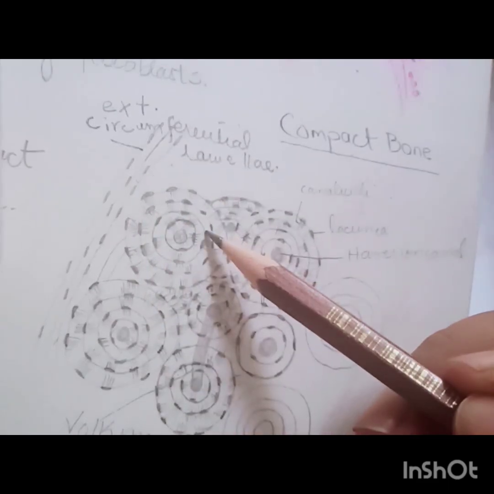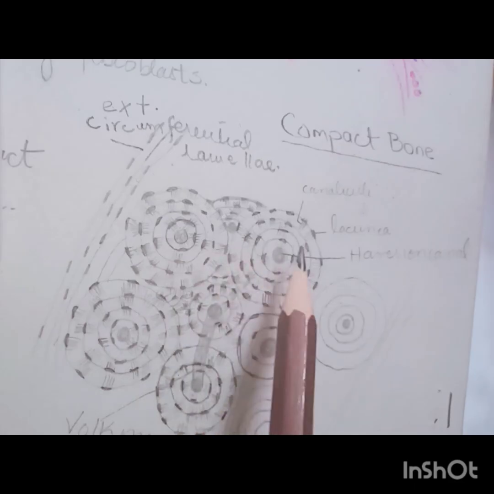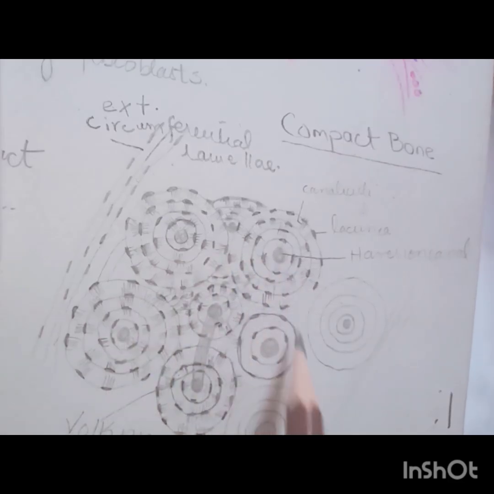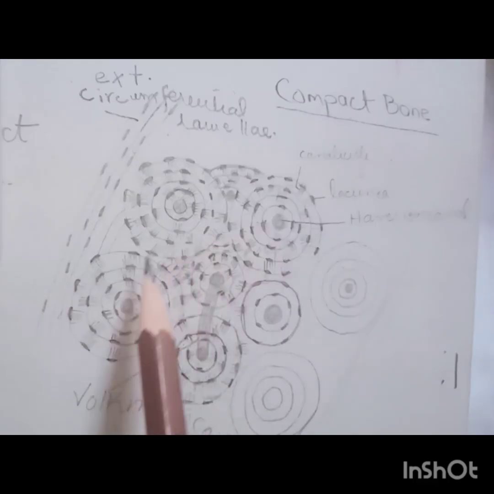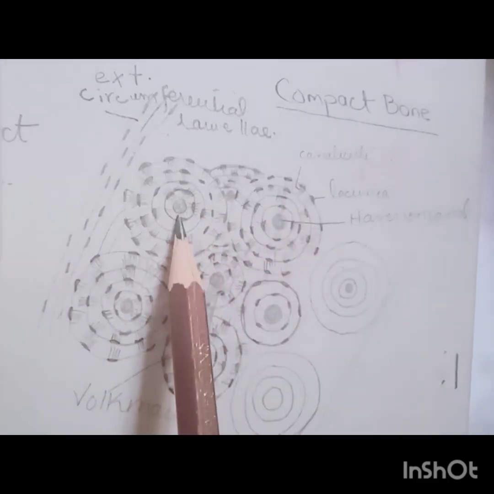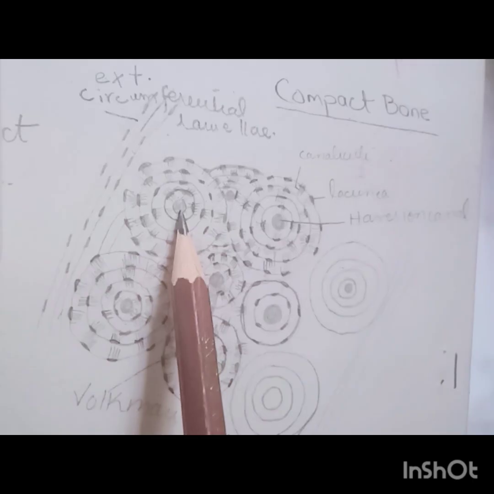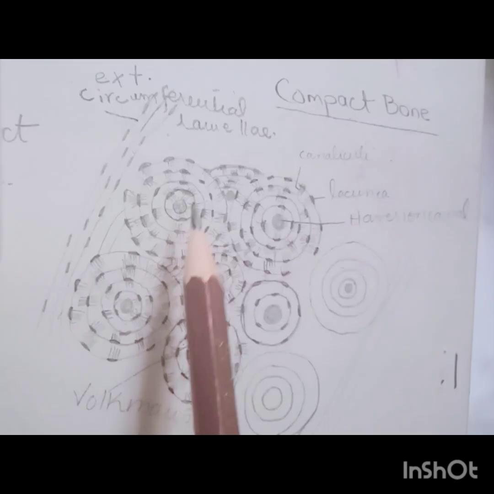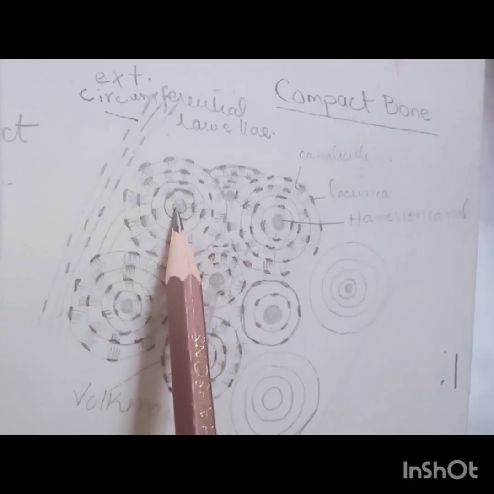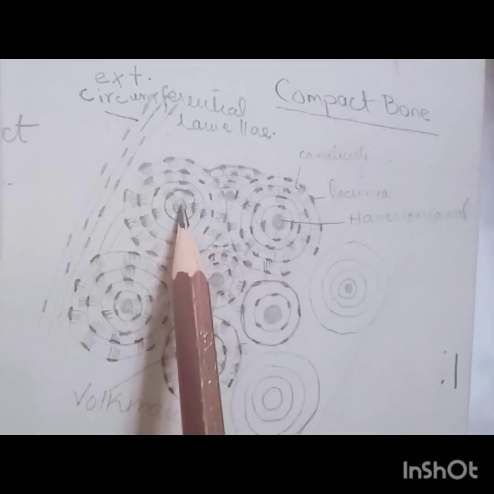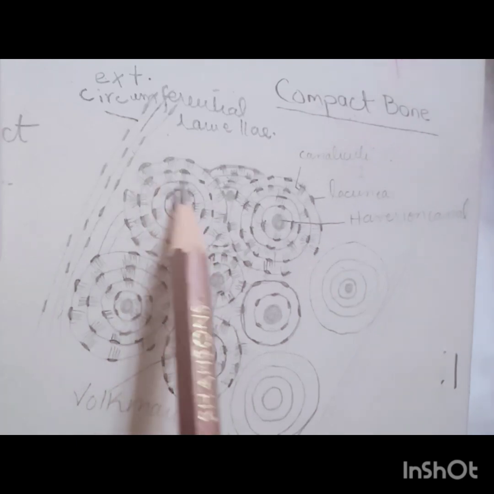As you go in, you will see these concentric, rounded, ring-like structures that resemble the bark or trunk of a tree. These are the osteons. This one entire structure is termed the osteon, also called the Haversian canal system. Any osteon is the structural and functional unit of a bone, and it comprises three structures. A Haversian canal present in the center,